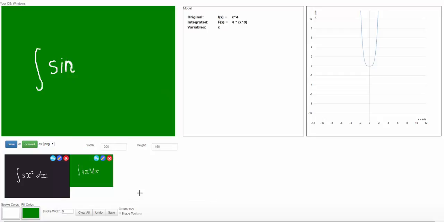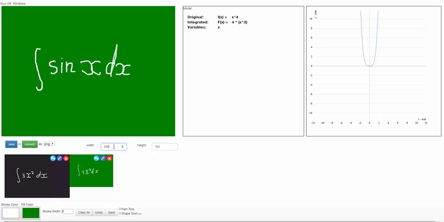If we don't like this, we can always revert by clicking undo and then repaint it. X, the X. Now let's compute this one,